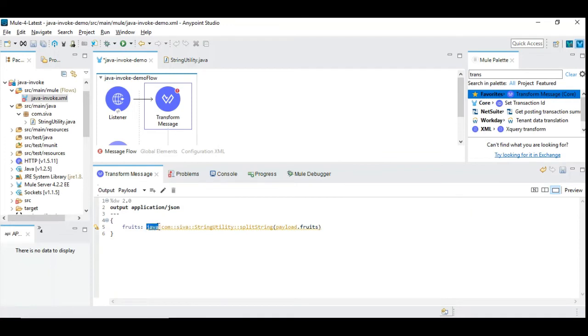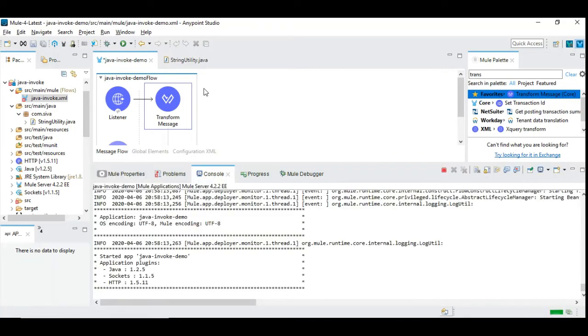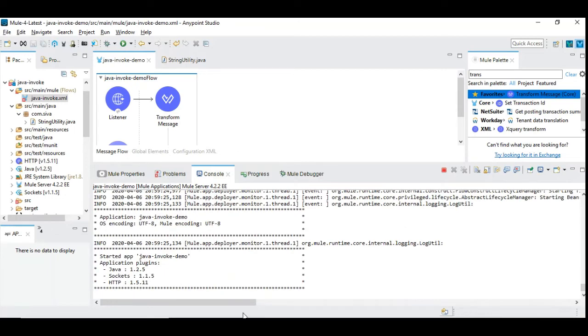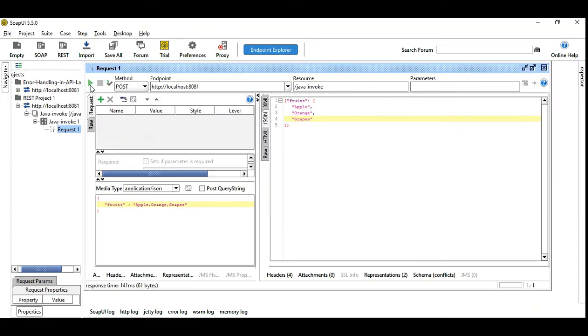So this is a fixed verb. You need to mention it here with the exclamation mark, and then give the fully qualified class name, then the method name, and then the argument directly. So let's save this, and the application is restarted, and let's try this now. So we got the same result,